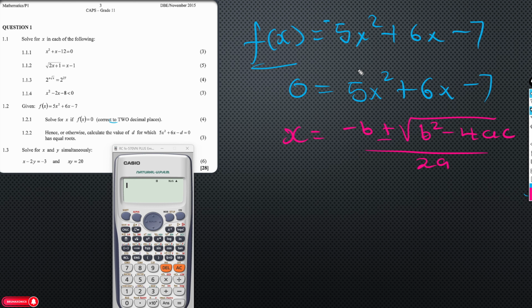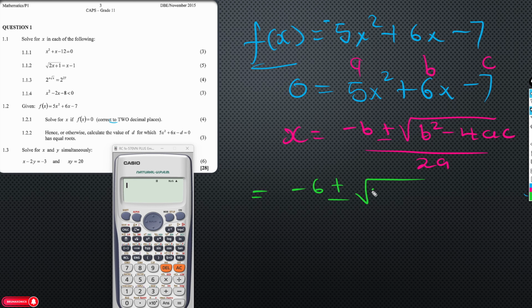So now we know that this is our a, this is our b, and this is our c. Let's substitute the values into the equation. So x is equal to, and what is our b? That will be 6. So we say negative 6 plus or minus the square root of